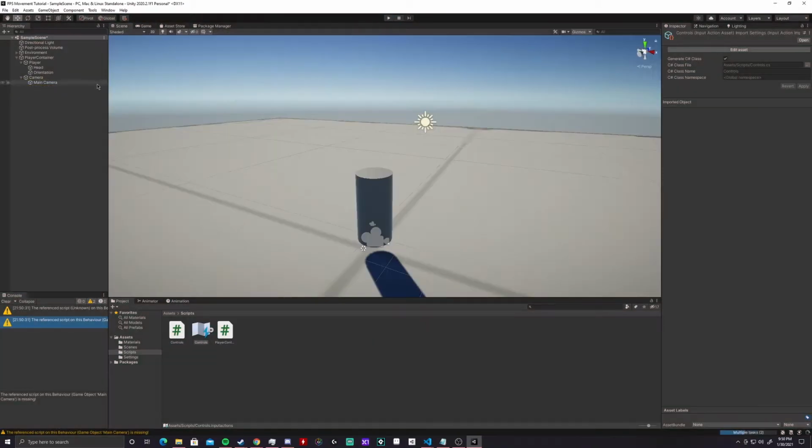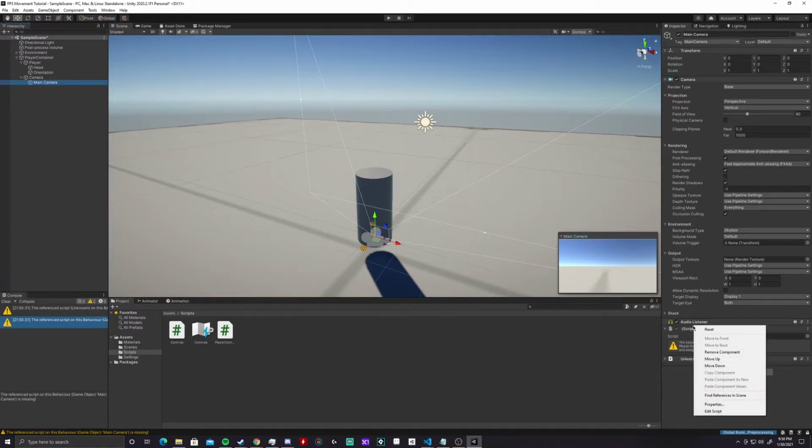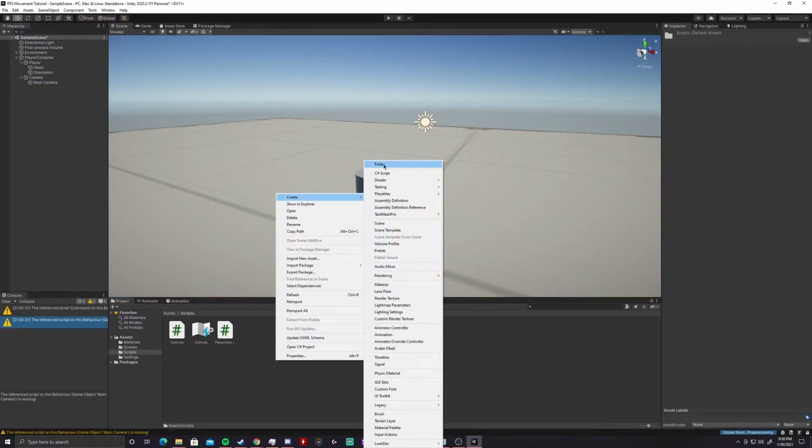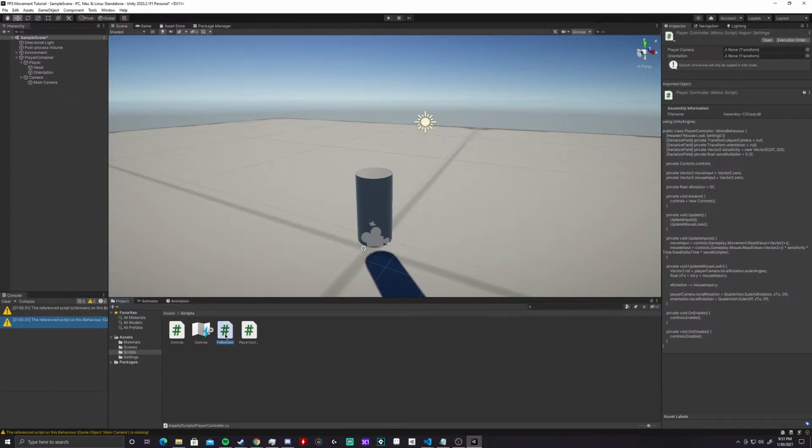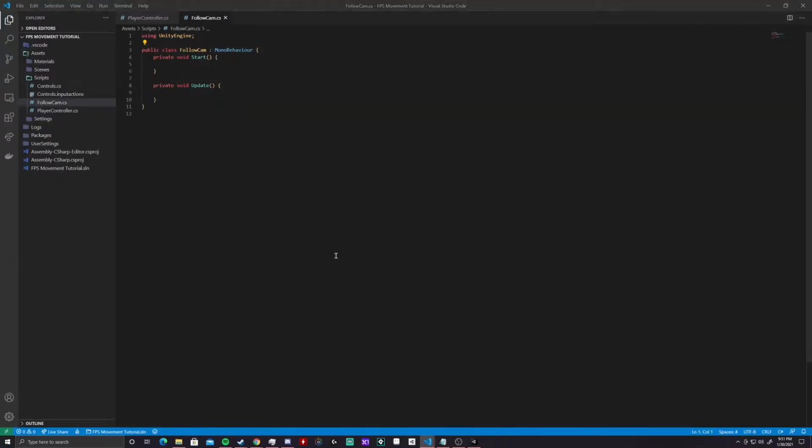Okay, so it's not working. Alright, so completely sorry about that. I forgot to do something very important. We need to make a script here first, and we need to name this the FollowCam. This is a very simple script. This is basically just going to